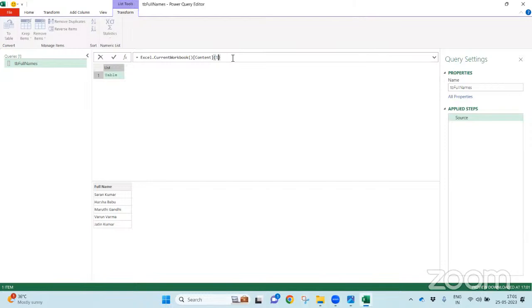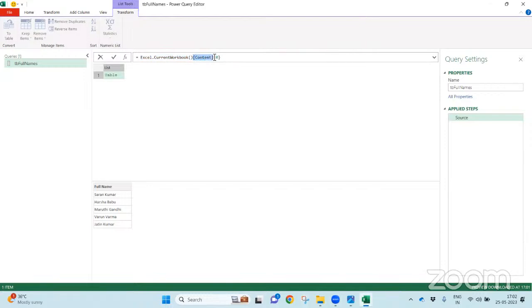Can I put 1 here? No, because in the Power Query, the index always starts with 0. Whenever you want to refer to the first row, it is 0. Second row means 1. Power Query index always starts with 0. Now, what is the meaning of it? Excel.CurrentWorkbook has given me a table.